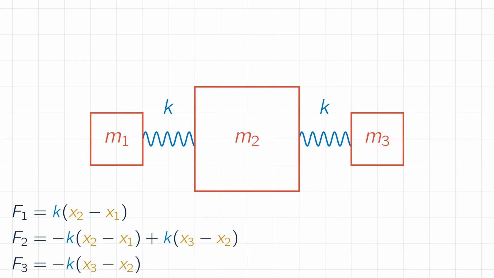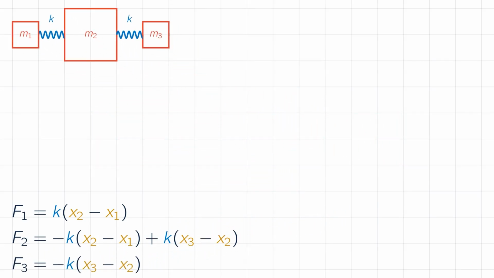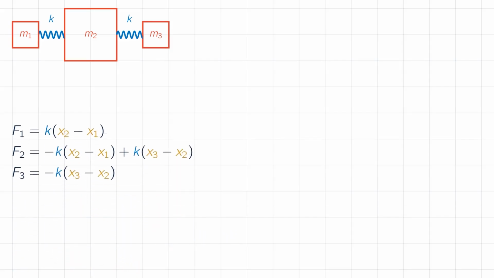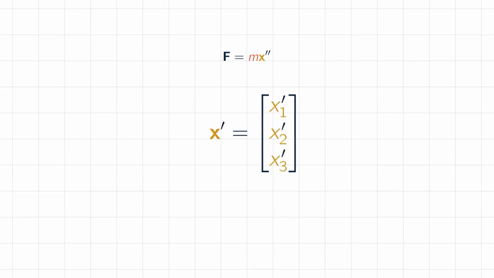Now that we have all the relevant forces, we can use Newton's laws to set up a system of differential equations. You probably remember that the force F equals the mass m multiplied by the acceleration a. We will also need the fact that the acceleration of one of the bodies in our mass-spring system is equal to the second derivative of its displacement x. Recall that we have put the three displacements in one vector x. The velocity vector contains all the derivatives of the displacements, and the acceleration vector the second derivatives.